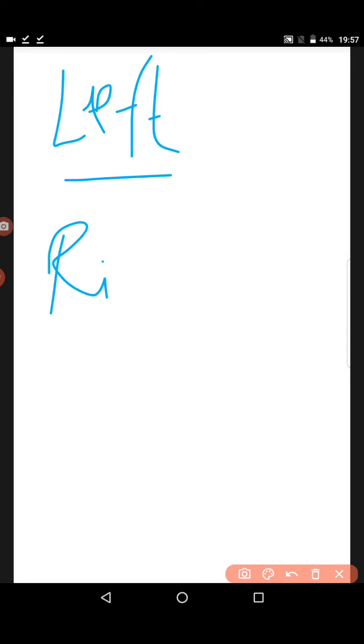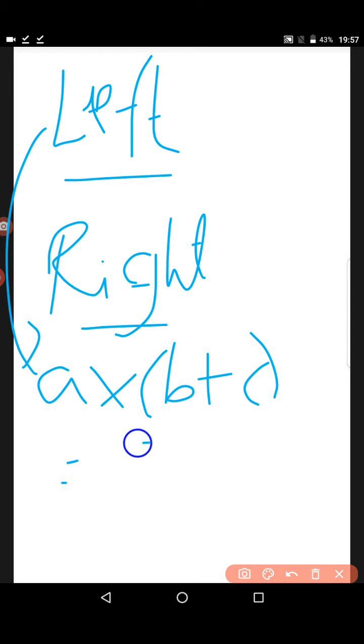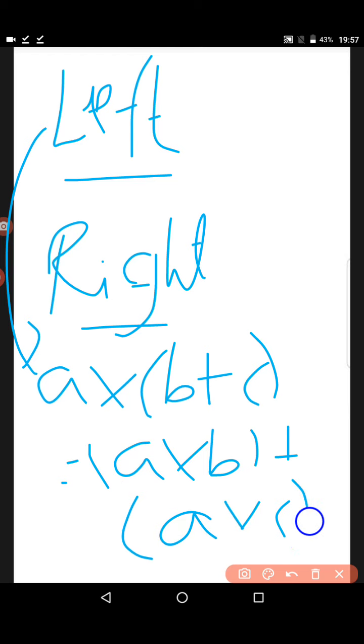And one more thing. We have one last small part in distributive: left distributive law and right distributive law. You might be thinking, what are these laws? See, left distributive law is nothing but it will be like this. I am showing the left one, okay? A into B plus C should be equal to A into B plus A into C. This is the general one, right? We all know this. Now we will see the right distributive law.